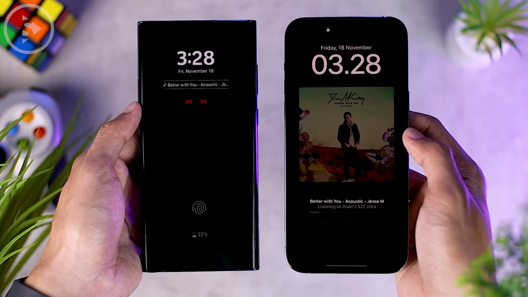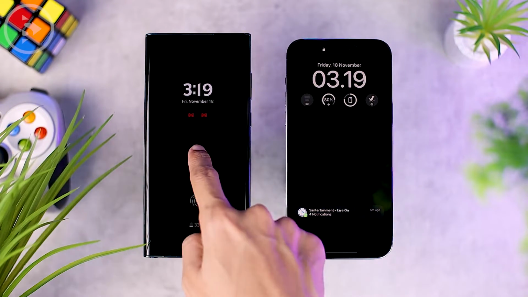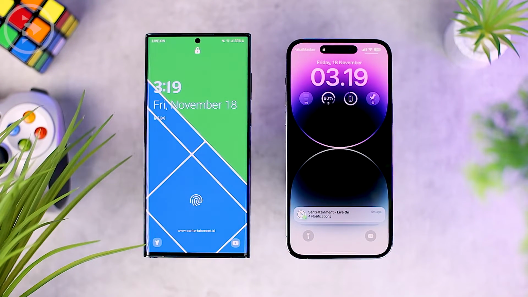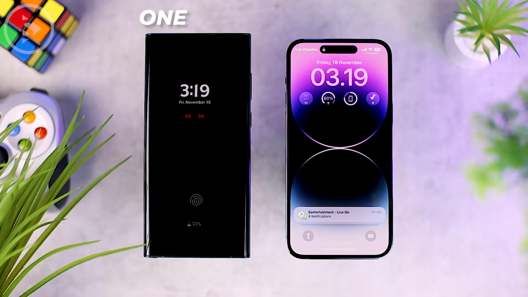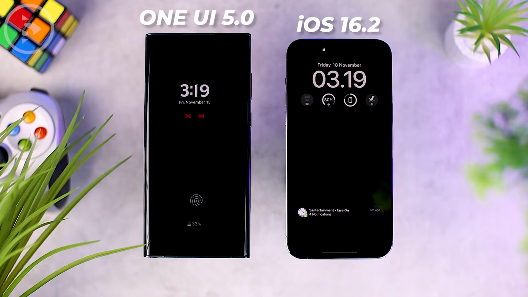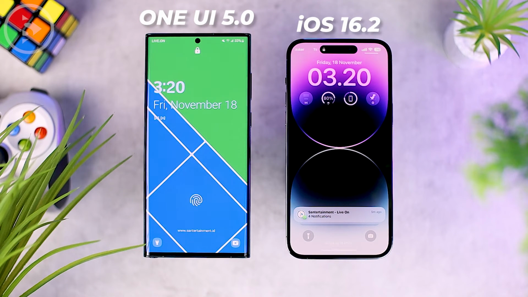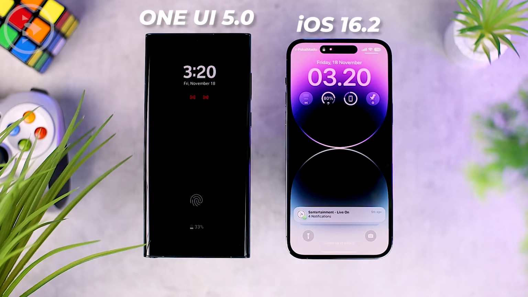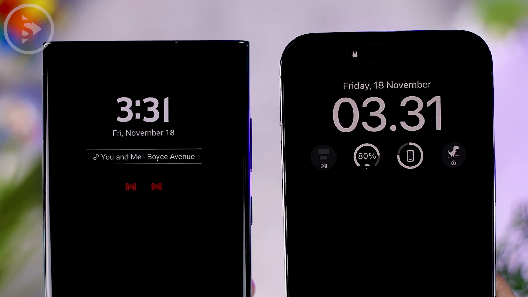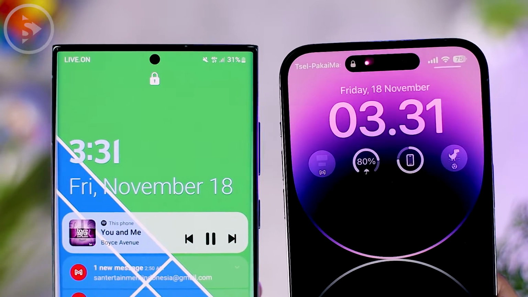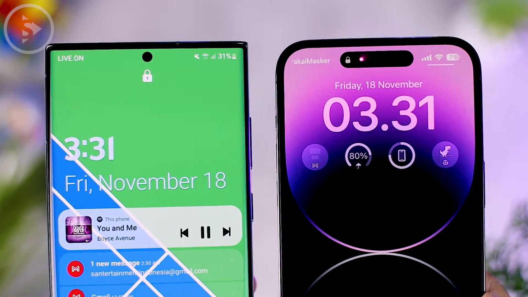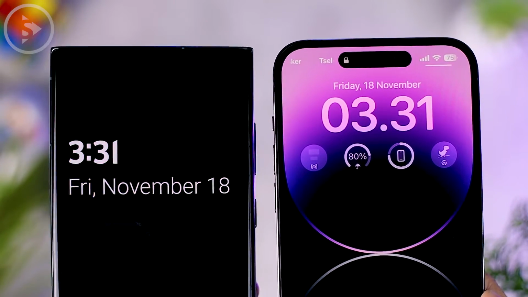Apart from that, the most visible difference is the animation transition from the lock screen display to the always on display. On the One UI 5.0 display, the clock position on the always on display will move around a little from the clock position on the lock screen every time you lock the smartphone. As for the display on the iPhone, all of its positions remain consistent in the same position all the time.